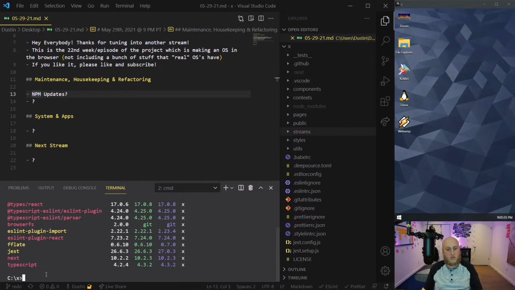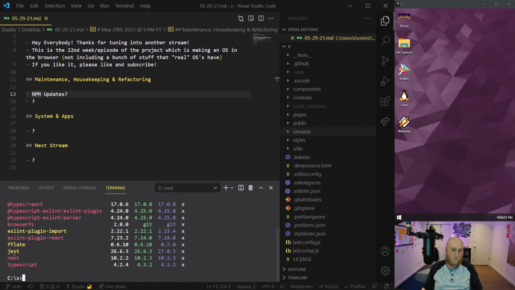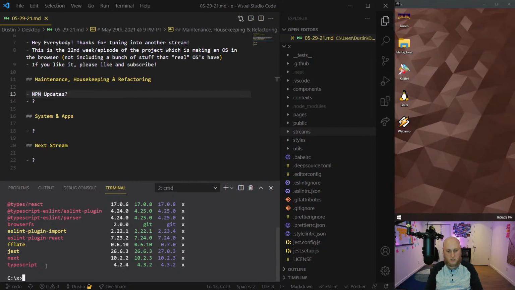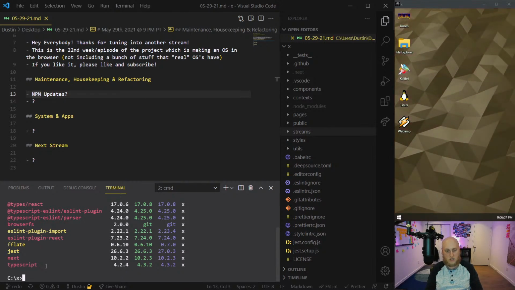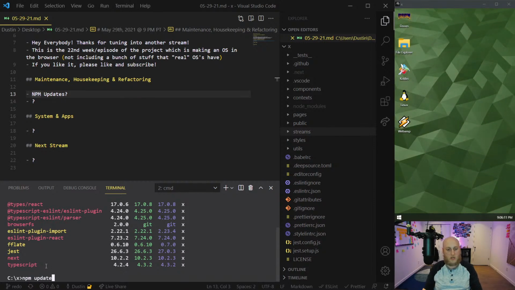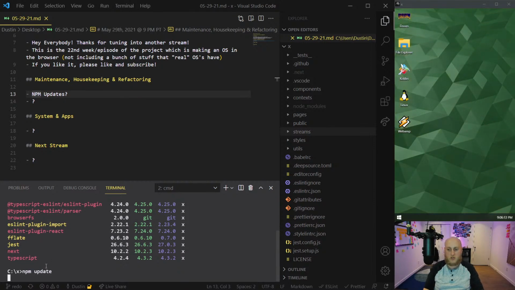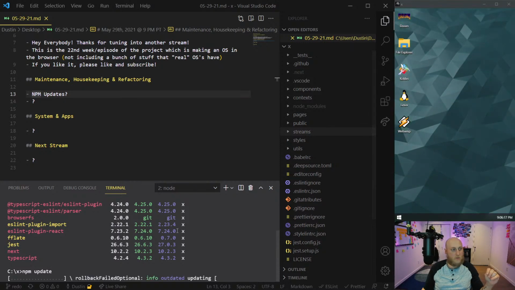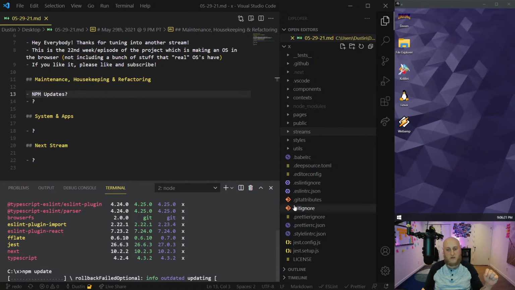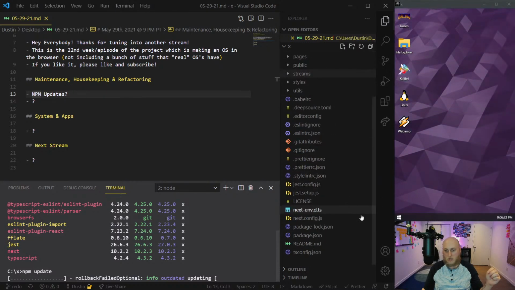But there have been some interesting updates. This TypeScript update is actually quite large, and I think it might have even been what broke something else. I think some of these we can do. Let's try to be selective with these. Actually, let's just try to do an NPM update and see how far that gets us. But when that fails miserably, we will try to be a bit more selective. Let's give it a shot. So yeah, I usually start with the NPM updates. It's boring, but at the same time, it's a tradition around these parts.